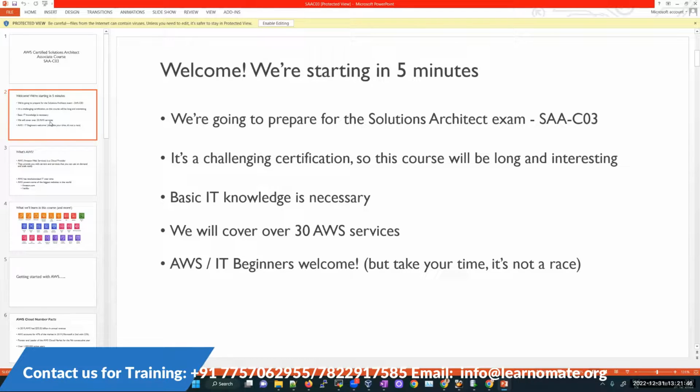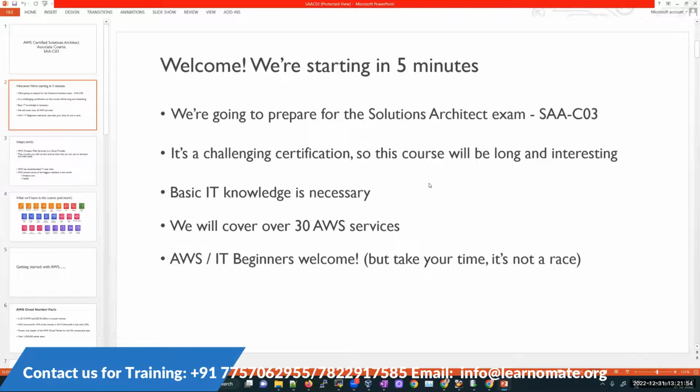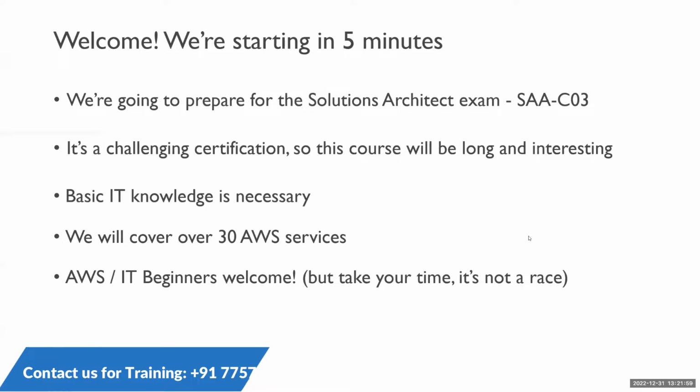As I said, you need to have some basic IT knowledge, like what a server is, how a server works, the different server types, how storage works, and what the network connection is between the storage, server, and database. We'll be covering more than 30 AWS services here. If I say 30, it's just an average number; I don't claim the exact count. It could be more than 30 or 40 services. But as I said, it's the service types that we cover here, like compute and security compliance.